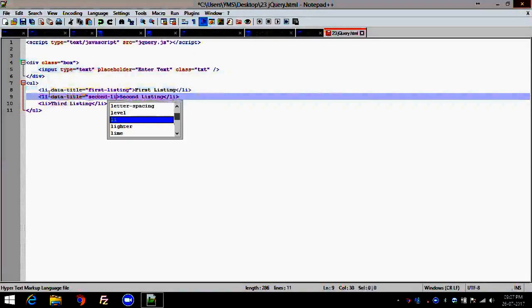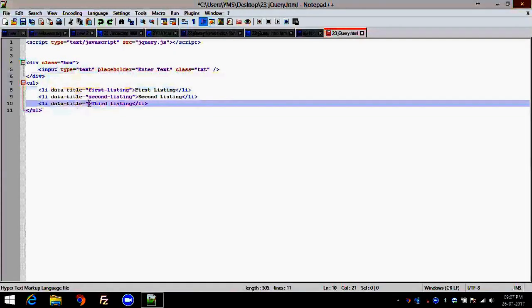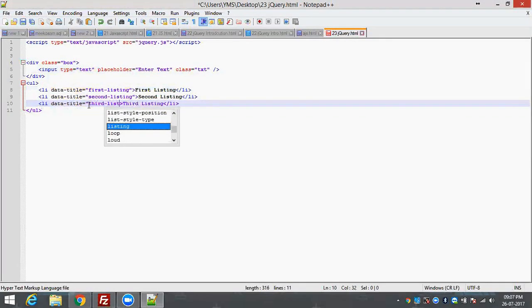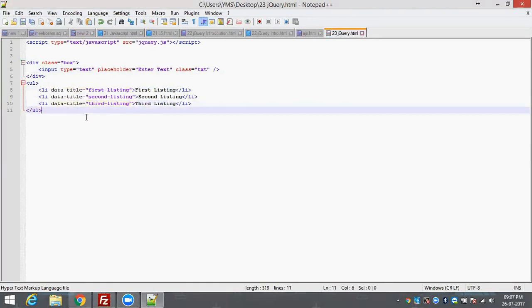I'm not using any capital letters over here because it is useful for quick data search. Okay. Now I'm using another thing like this, and another thing, data-title. Okay. So this is how,